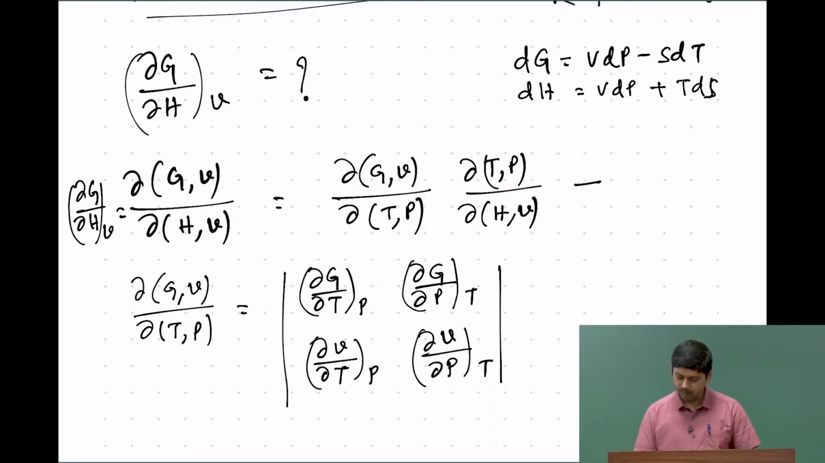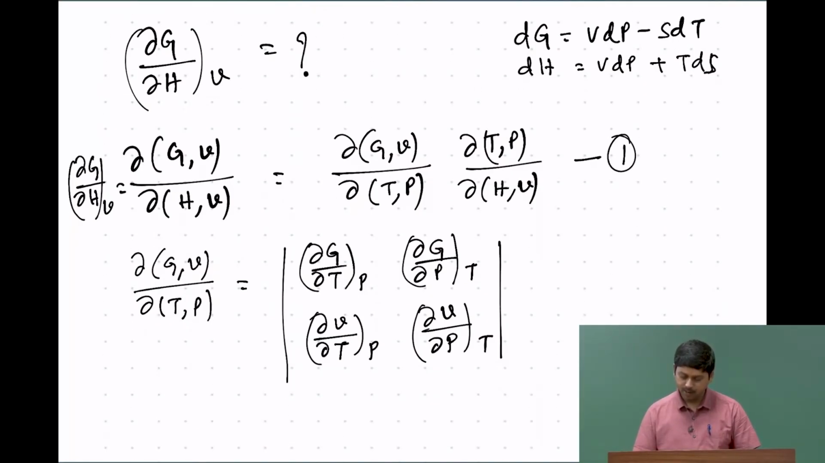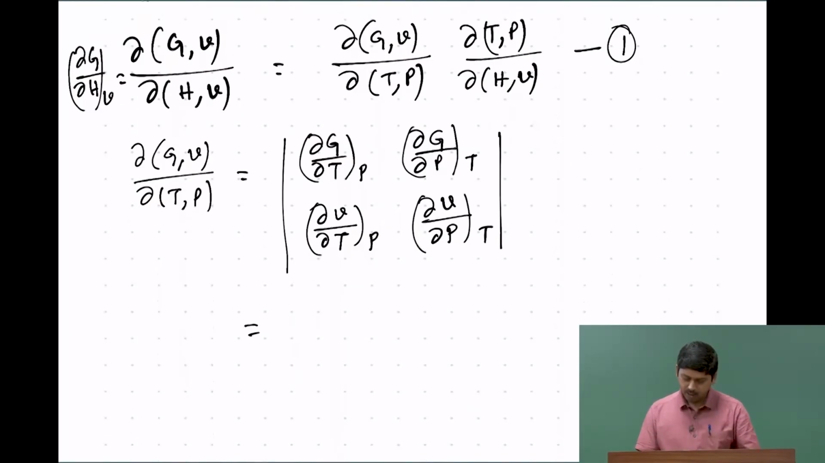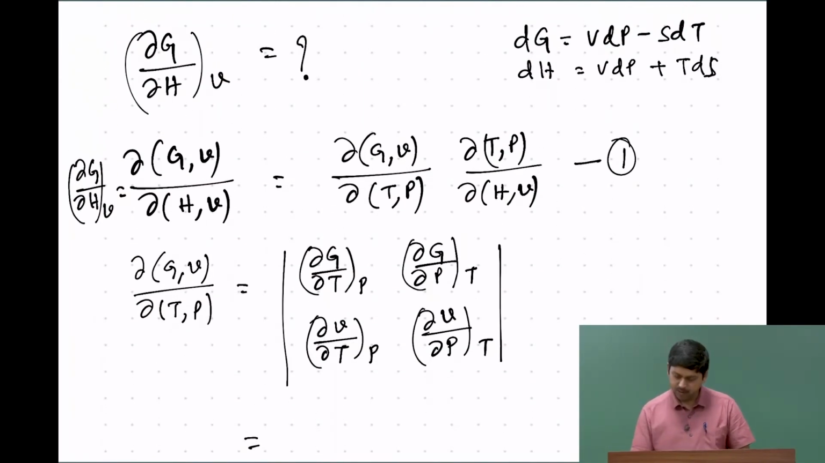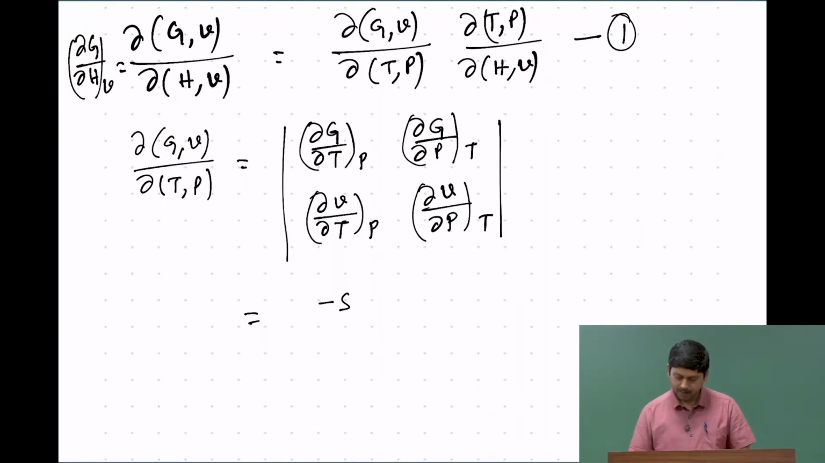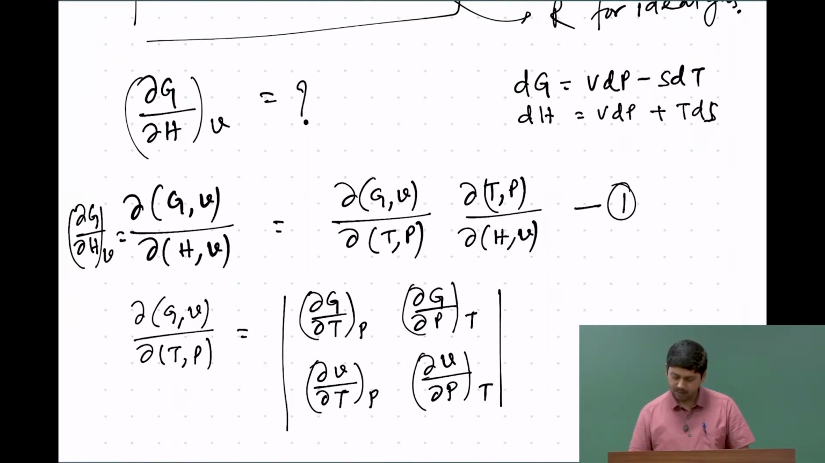So, this is let us say equation number 1, and then we are taking only the first term of equation number 1. Now, del G by del T at a constant P, let me see if I wrote it correctly. Del G by del T at a constant P is how much? You can get that from here. Del G by del T at a constant P is minus S. So, this is nothing but minus S, and then del G by del P at a constant T is nothing but V,